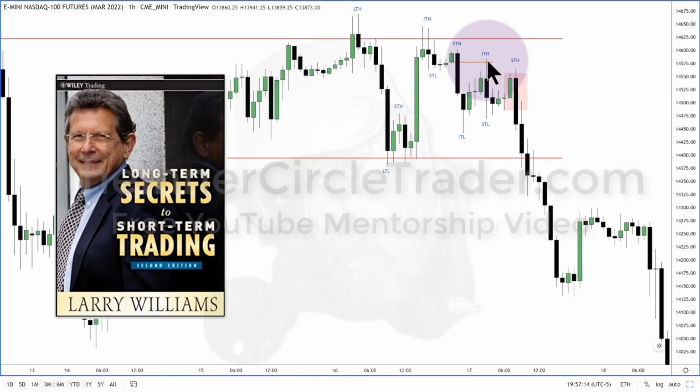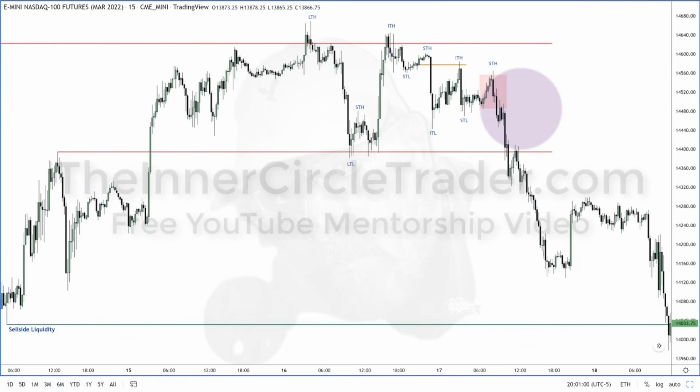I do not expect this high to be taken out. So I'm already forecasting and anticipating a failed price swing in here. Every time these green candles are forming, I'm looking at that as a bearish order block. So from the beginning at that candle's low, I'm looking in time on lower time frame charts. Lower than what? Well, this is a 1 hour chart. So what's the time frame below that? I dropped to a 15-minute time frame.